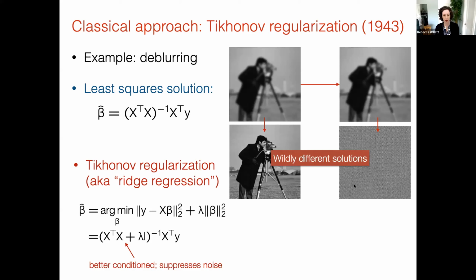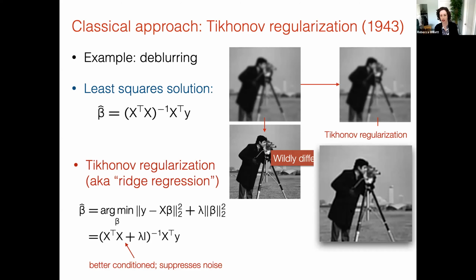And so this is going to prevent this terrible solution that we saw with least squares, because in this solution, many of the pixel values just have enormous magnitudes. And another way of looking at it is that we take all of those tiny eigenvalues and we add a little lambda to each one of them so that the overall system now is much better conditioned. And so if we apply this, then we get a reconstruction that is obviously much better and much more robust to noise, though admittedly pretty imperfect.